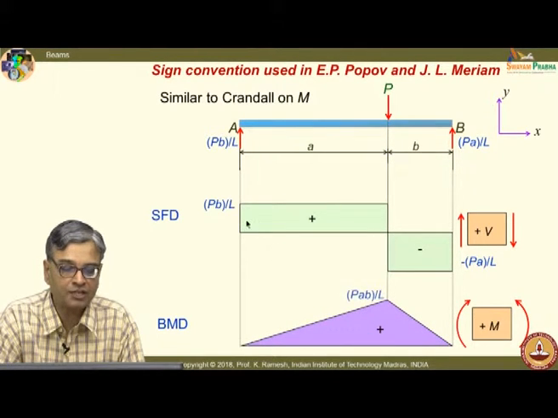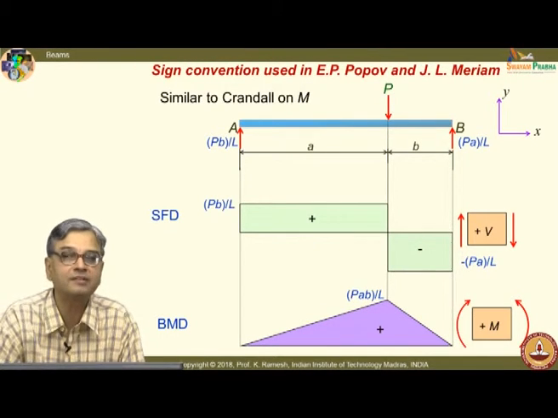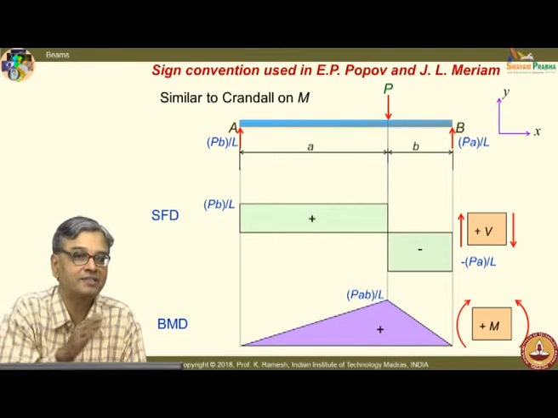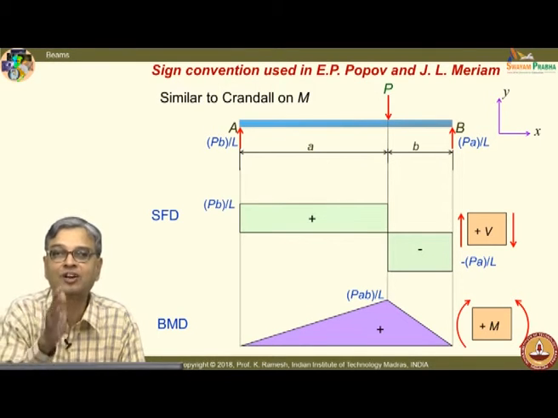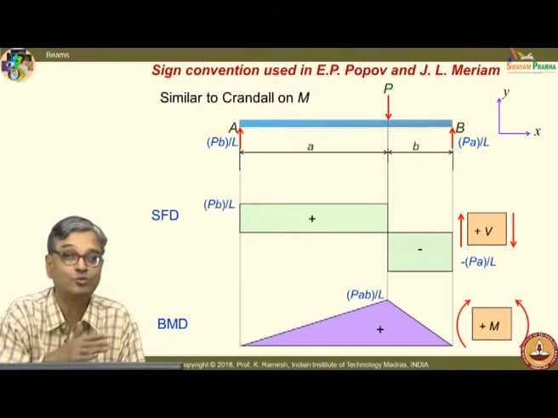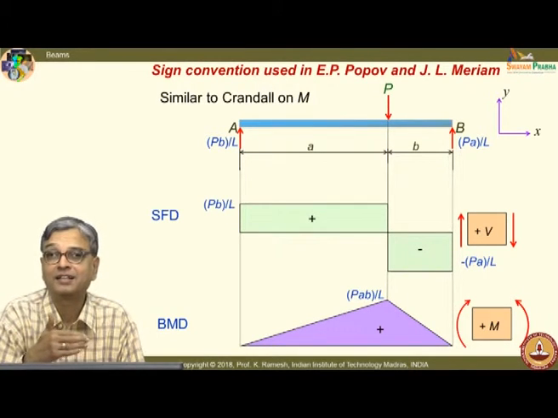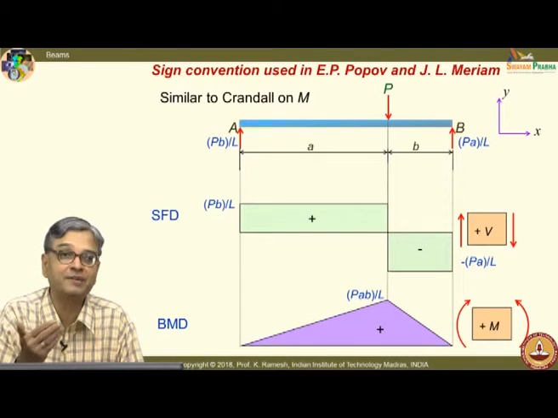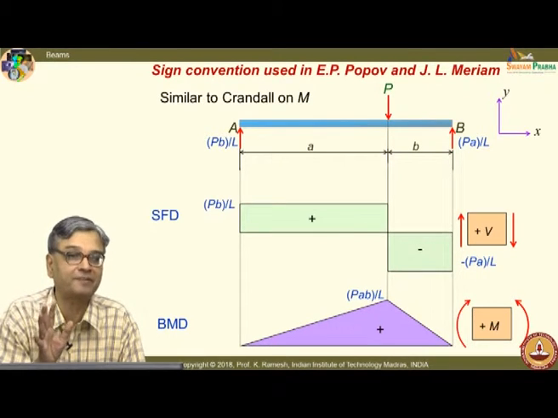And I have drawn this from right to left, and this is from left to right, and this is from right to left. So, it is like I have Pb by L, I go up, remain constant, come down and then remain constant and go up. This is how teachers draw the SFD and BMD quickly. They will not cut the section, draw the free body and get all this. You can also get that fast writing SFD and BMD if you understand the concepts clearly.